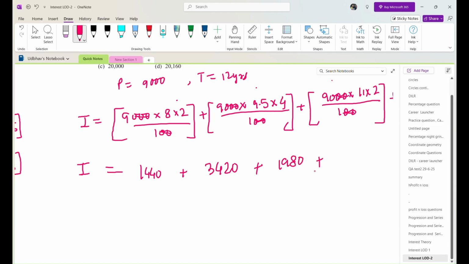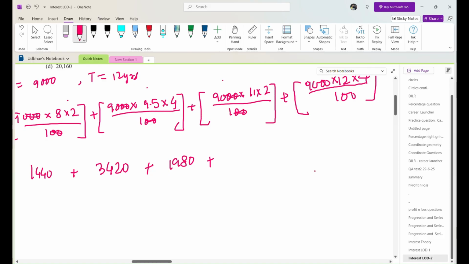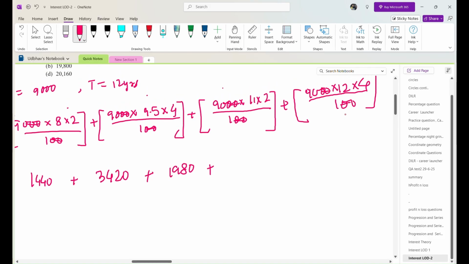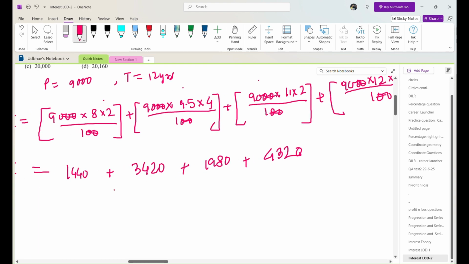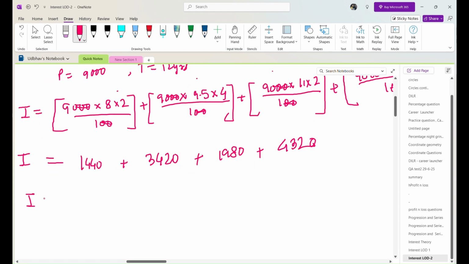1980, plus, what was the last? 90 into 12 into 4, 90 into 48 is 4,320, right? So now we can just add them. 4,320 plus 1980 plus 3420 plus 1440. So the total interest comes out to be